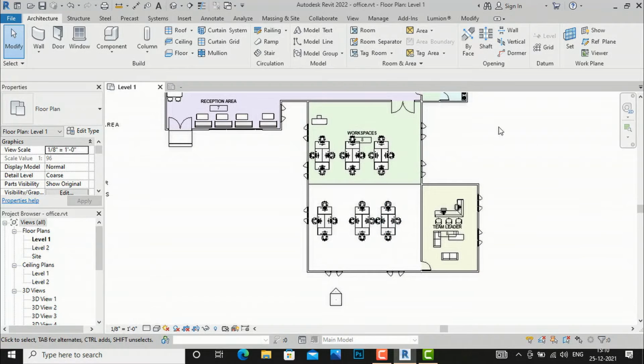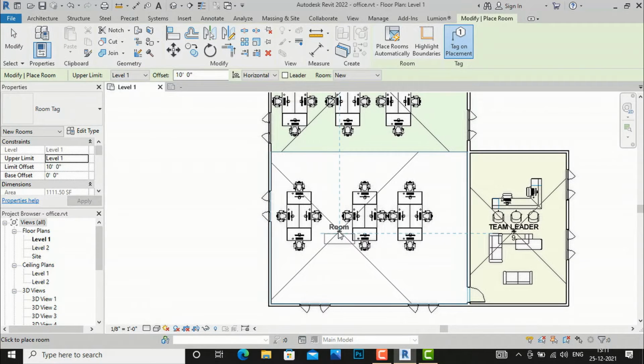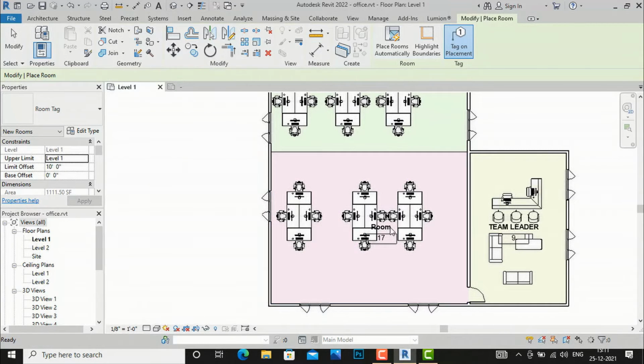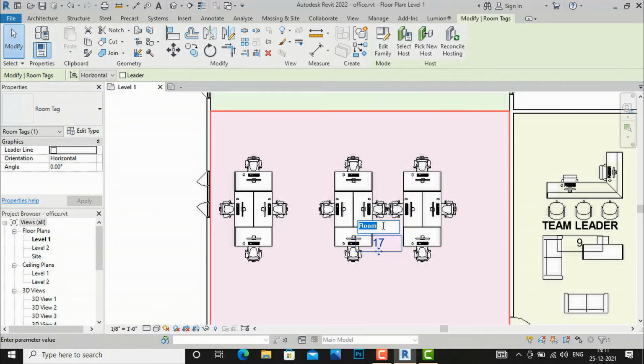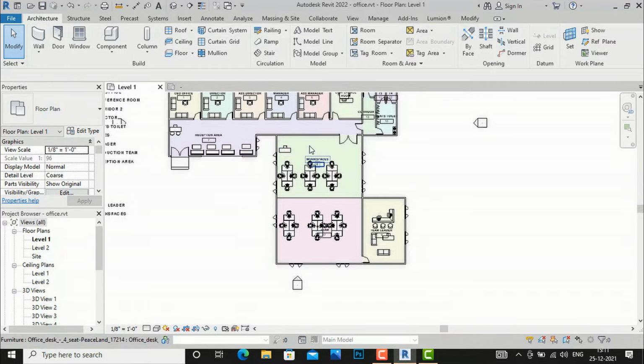And now we'll go to your room, and you can see this is another space created here, and I will rename this as production team. Rename anything. You can see this space is separated from this space, and if you go to your rooms and